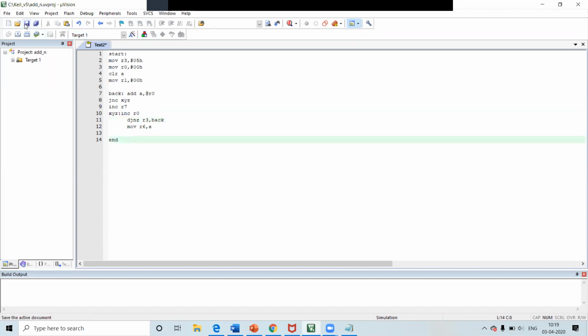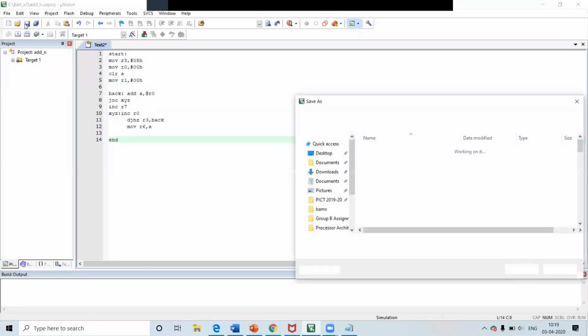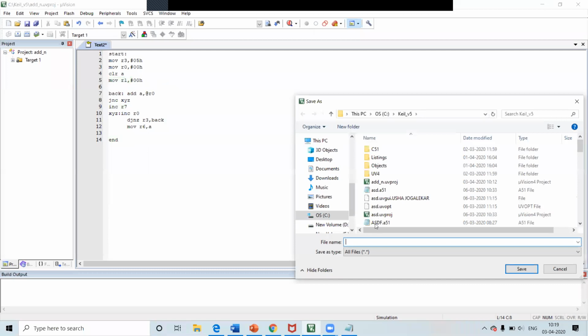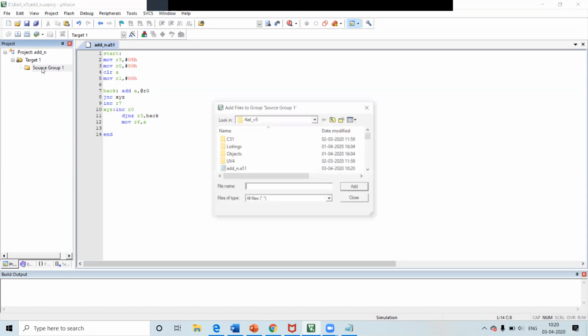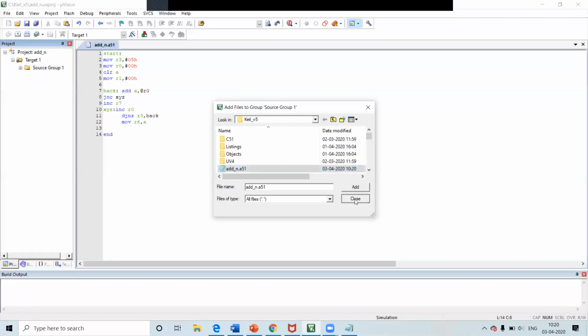So now save your program. Extension is A.A51. Click on the target, double click on source group, add the program, click on add, close.